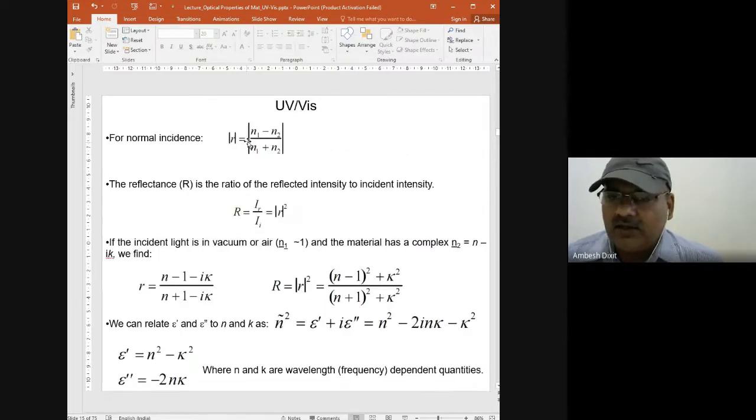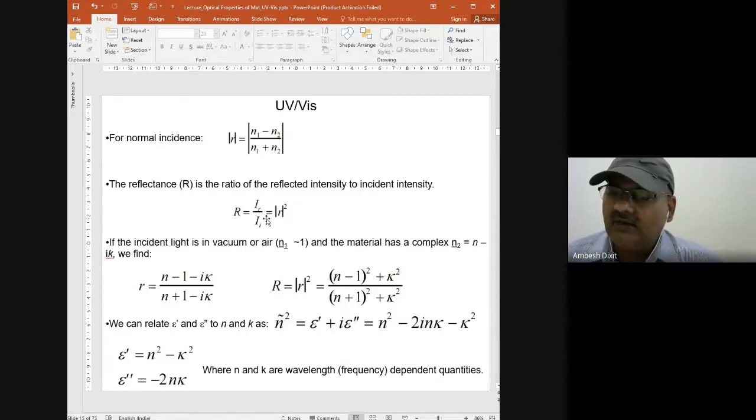So for normal incidence, r is (n1 − n2)/(n1 + n2), where n1 is your medium and n2 is the other medium through which the reflection is taking place, with the incident wave coming from n1 to n2. If I take n1 as air, it is (1 − n)/(1 + n). Since it is a mod, I take (n − 1)/(n + 1). That is it. Then the reflectance, or reflectivity, is |r|²,